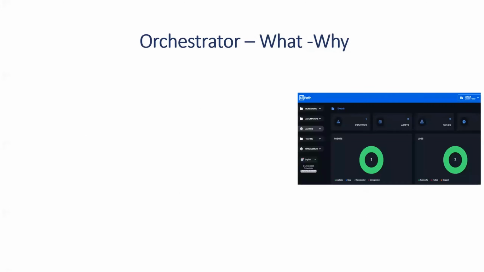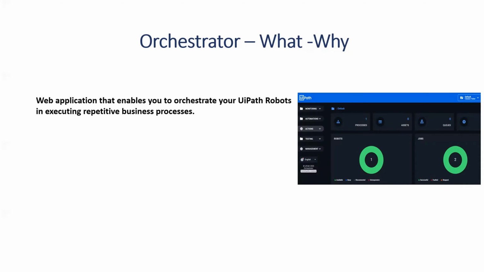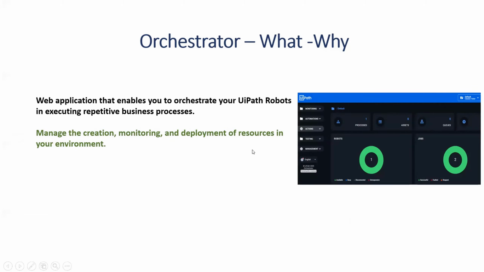And this is the main guy, orchestrator, right? So this is a web application. So when I say web application, it will have a URL. You have to key in your credentials and you can orchestrate your UiPath robots. See what this guy says, UiPath robots. These UiPath robots are nothing but this assistant that you combine. So you have connected the machine to the orchestrator, right? If you remember, you would have given the machine key and the orchestrator URL, and then it was successfully able to connect to the orchestrator, right? So this allows you to trigger from this orchestrator, the UiPath robot.